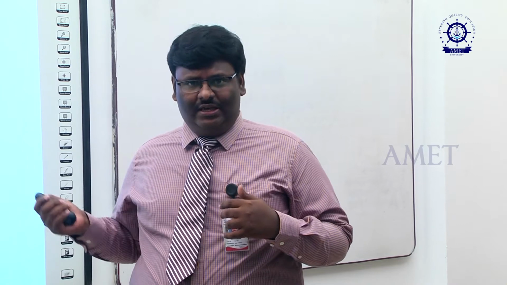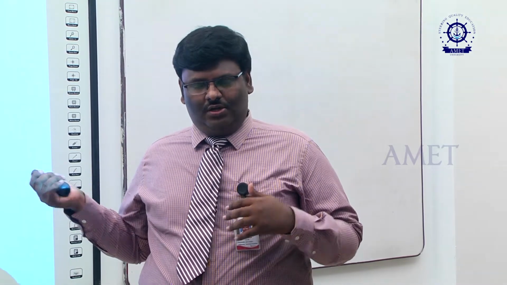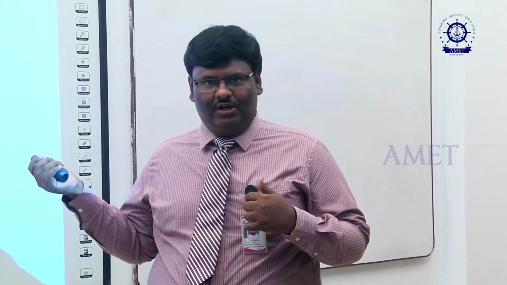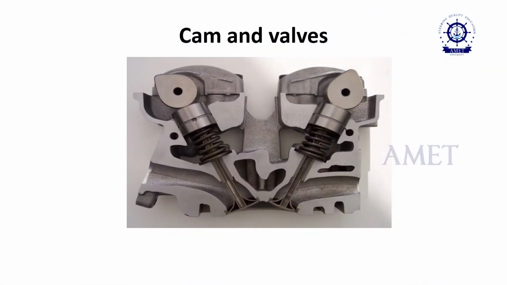At the bottom you can see the camshaft as well as the crankshaft. This engine has a sidewise camshaft which was used in earlier days, but nowadays we get engines with overhead cam. Here you can see a rocker arm which is connected to the camshaft via a push rod. When the cam pushes the push rod, the rocker arm in turn opens and closes the valve. Thereby the camshaft controls the opening and closing of the valves. This is an overhead cam.